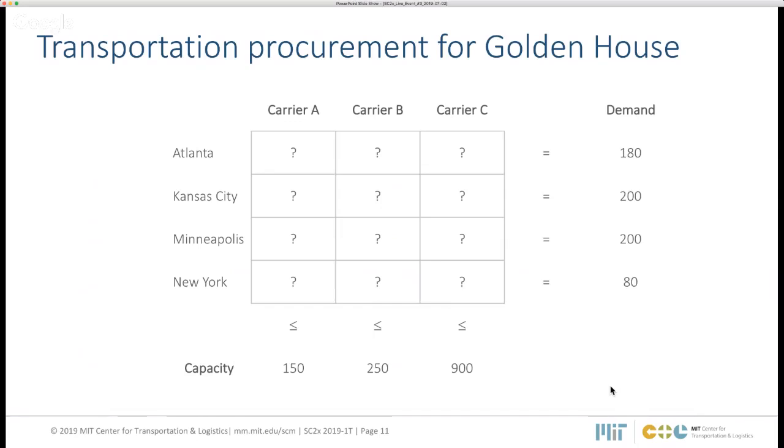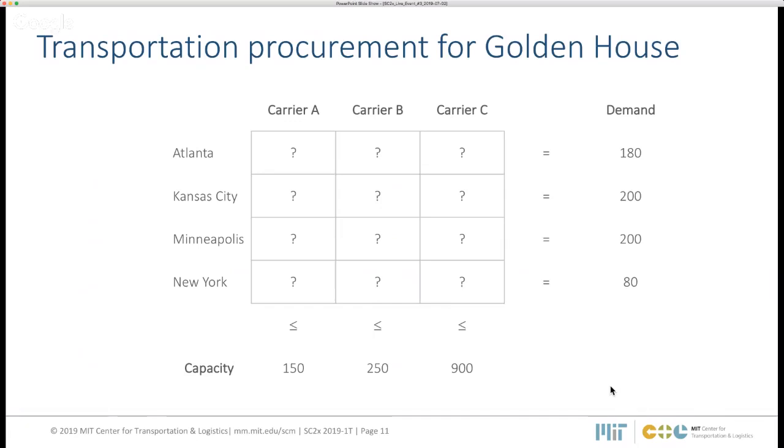The second one is related to capacity. The carriers express their capacity in terms of the number of trucks that they can provide you. For example, carrier A has a capacity of 150 trucks, carrier B of 250, and finally carrier C has a capacity of 900 trucks.